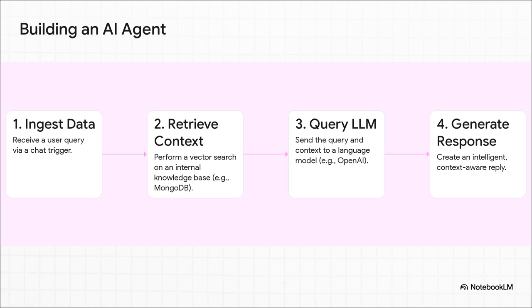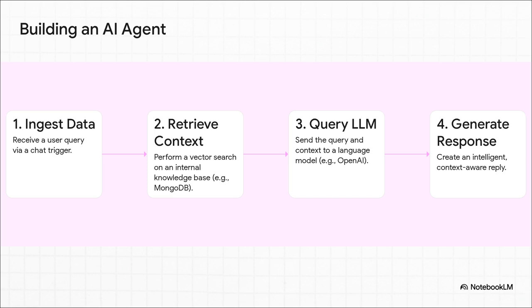Imagine building an AI agent. In n8n, you can see the flow. First, a trigger gets a user's question. Next, a node does a vector search on your own private database to find relevant info. Then, it sends the question and that context to an LLM, maybe even one you're hosting yourself, to cook up a smart, relevant answer. Trying to build this kind of sophisticated workflow on other platforms can be a nightmare, if